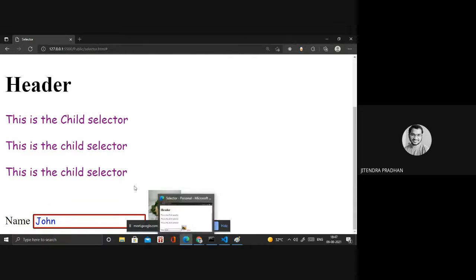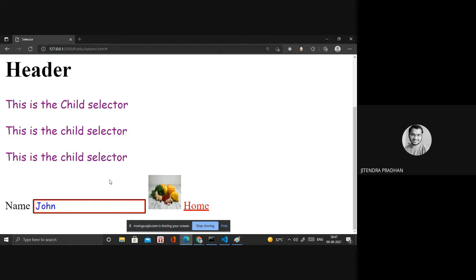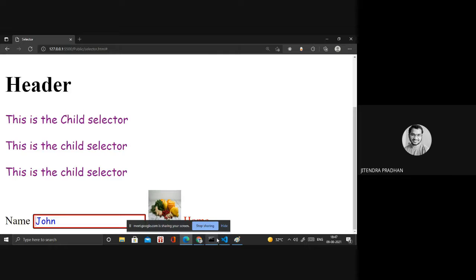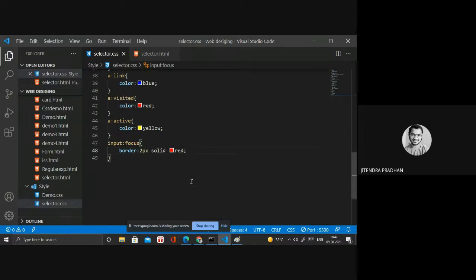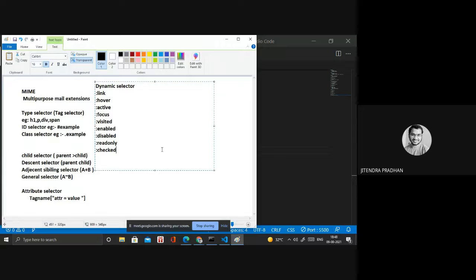So if you want to change something when the customer or client focuses the particular box, then you can do that by using the focus dynamic selector. Okay, I hope you understand how we are doing that. So next, you have to try yourself with whatever tags we have.